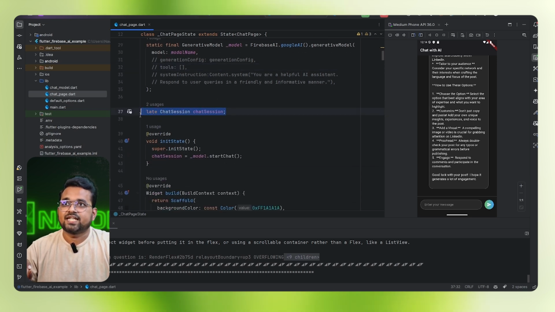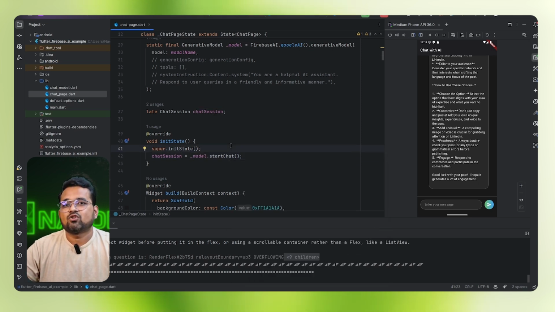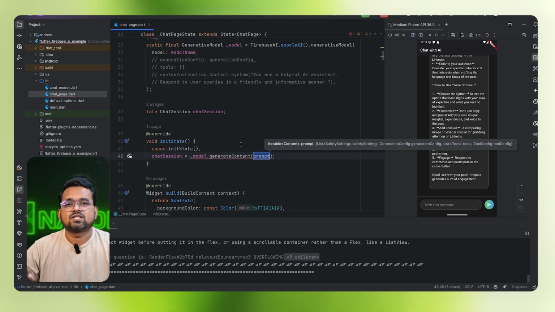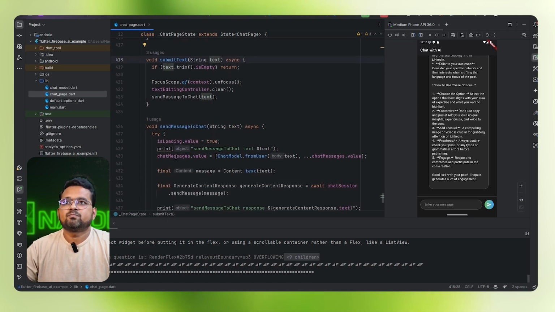Now we are going to declare the chat session variable here and initialize this chat session with model.startChat. This will maintain and remember the context of our chat history. We can use generateContent here also. This will work the same, but generateContent doesn't remember the previous questions or the context we asked in chat applications. So we are going to use startChat. When the user inputs some text and presses enter to submit, this message will get passed to sendMessage of the chat. sendMessage triggers a loading UI and adds all the text in the chat UI.